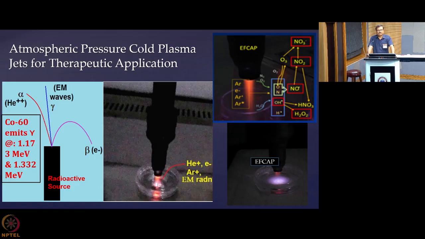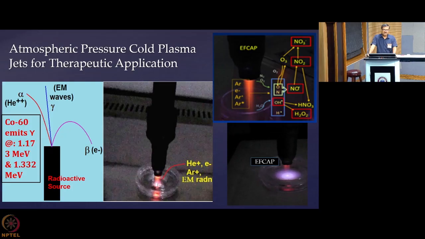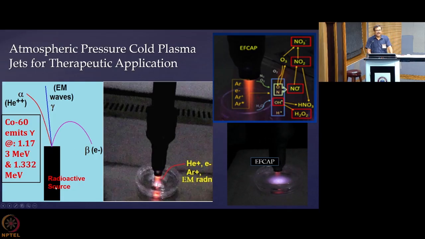Now, here I am showing you one example of an actual cold plasma jet operating, and how they differ from other devices and what their potential is. Now, see, on the left hand side we do have one radioactive source. All of you know the radiation therapy. So what are the agents by which they impart the effect? So they are alpha, beta and gamma, all of you know. So they are basically the agents which are coming out from a radioactive substance.